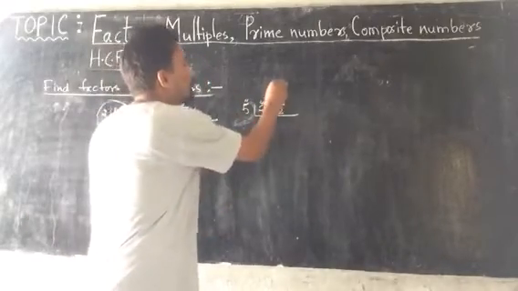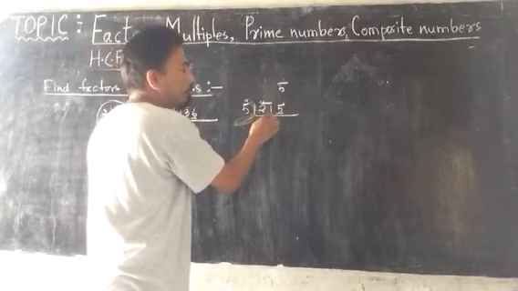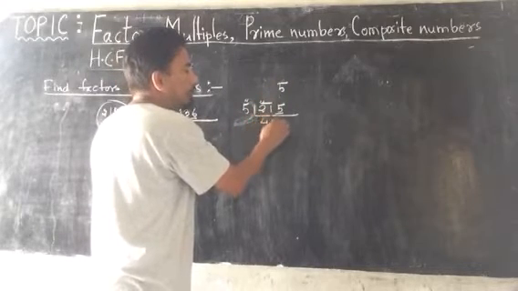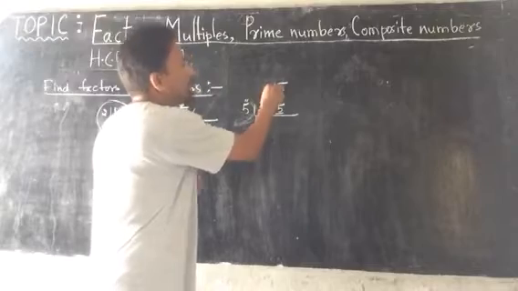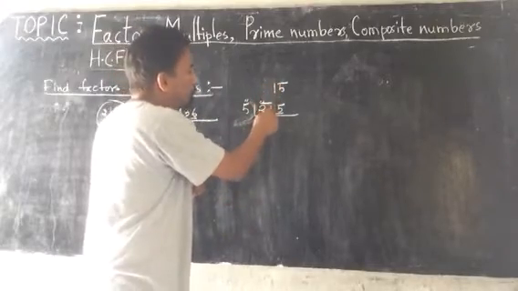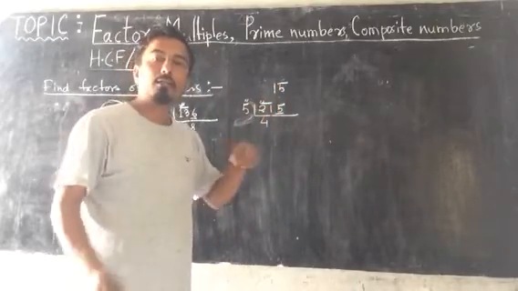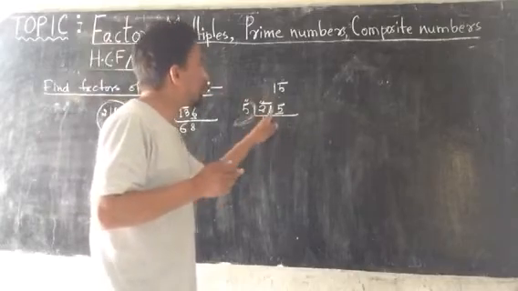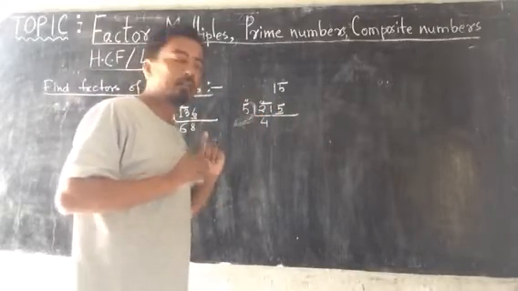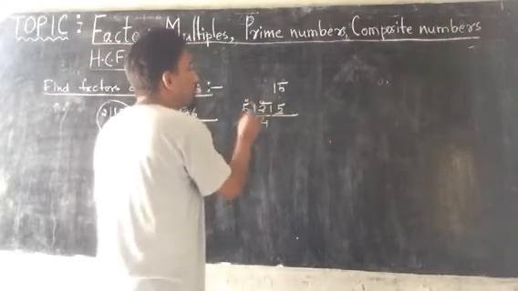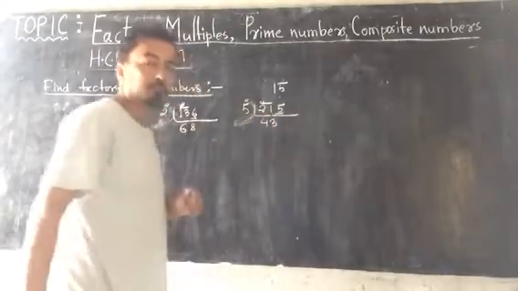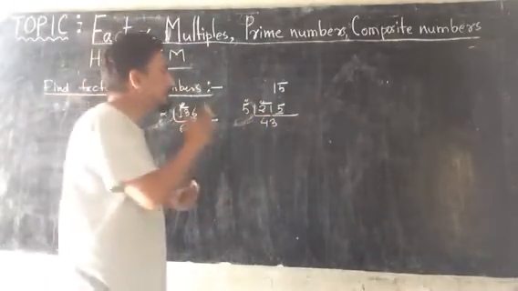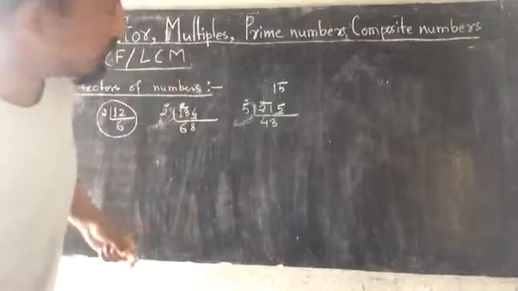So 5 is already here. From 21 if you subtract 20, 1 will come, that 1 will be carried here. It will not be visible here, but you have to think there is now that 1 carried here. Okay, so it becomes now 15, 5 3s are 15. This is how we do the oral division.